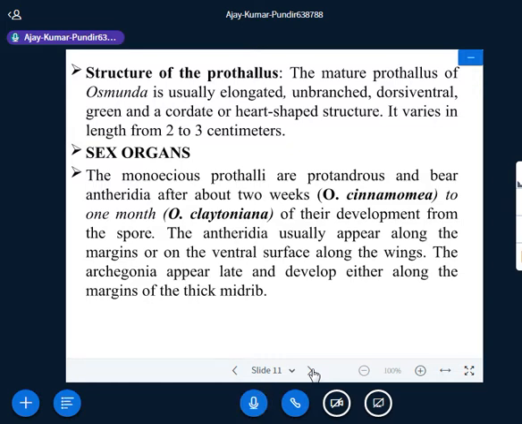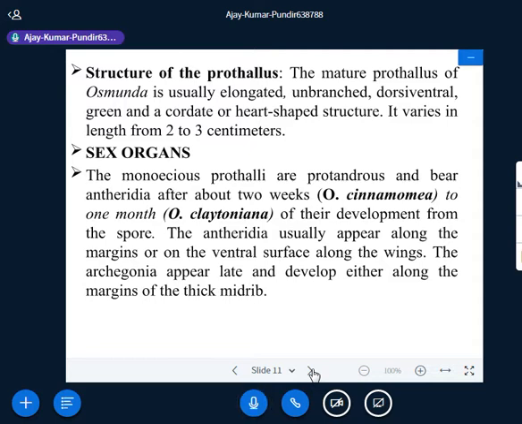If you see the prothallus of Osmunda, it is heart shaped, multicellular, gametophytic, because it produces gametes. It produces male and female sex organs on the same prothallus, because Osmunda is a homosporous plant in which spores of the same shape and size are produced. So on germination of spores, a mature prothallus develops which produces both male and female sex organs, that is the antheridium and archegonium, on the same prothallus. So the prothallus of Osmunda is monoecious in nature.